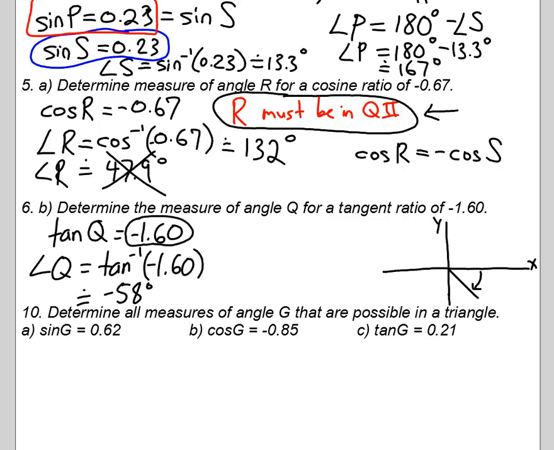A positive angle rotates counterclockwise from the initial arm, which means that negative angles rotate clockwise, which means that quadrant 4 is actually the location of our angle. However,